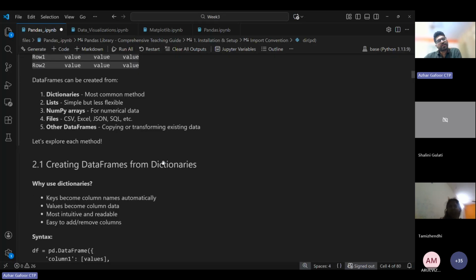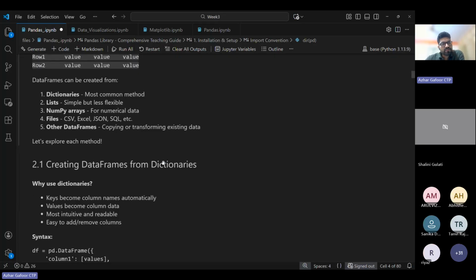So from what all data can we create DataFrames? We can use dictionaries or lists, which can be converted into Pandas DataFrames. Or we can also use